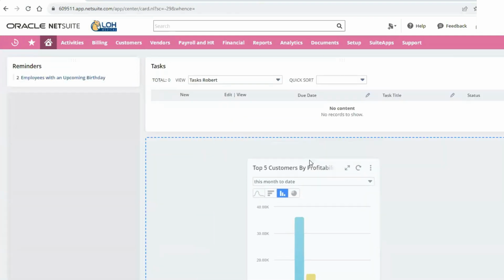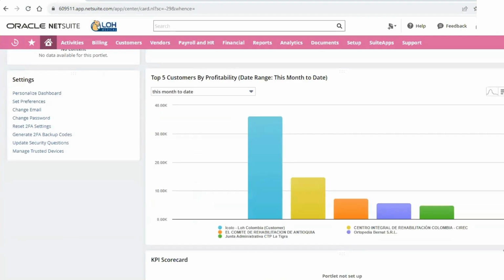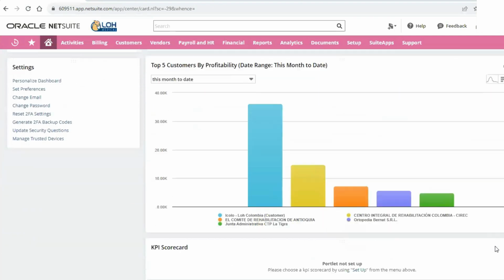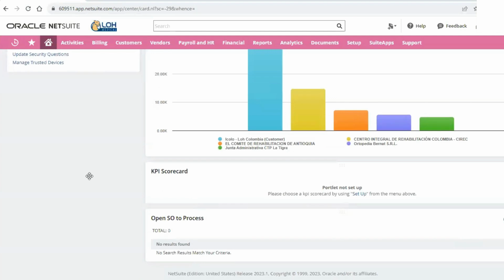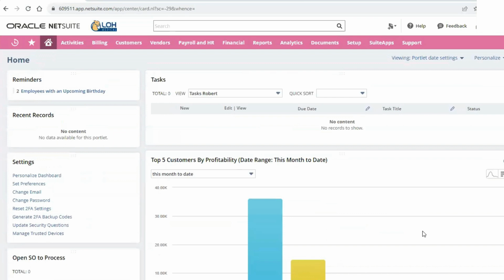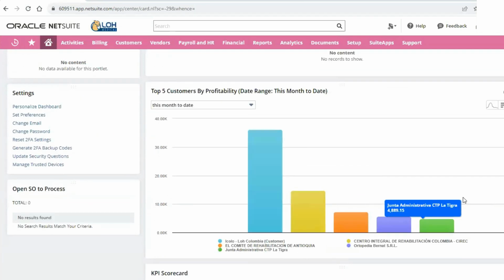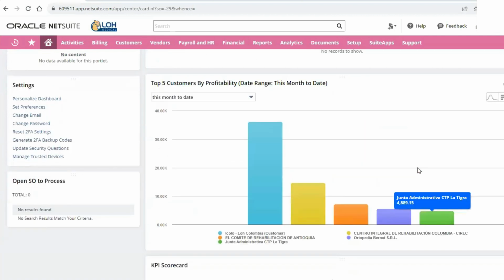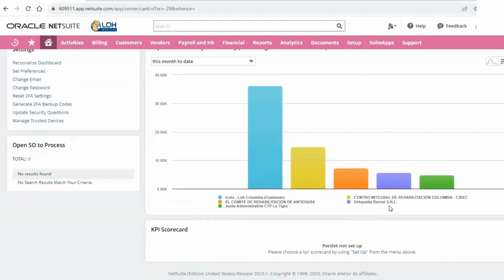And if you move your portlets, you're going to change the way you see them by size, and you may have the option to add more results if it's a larger portlet versus the smaller left-hand side.